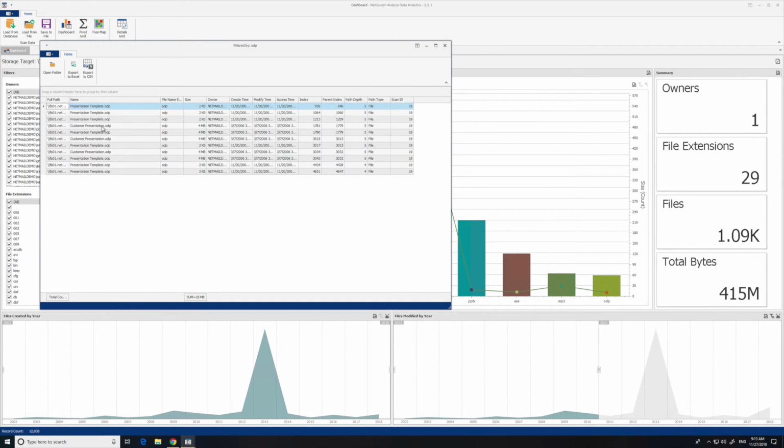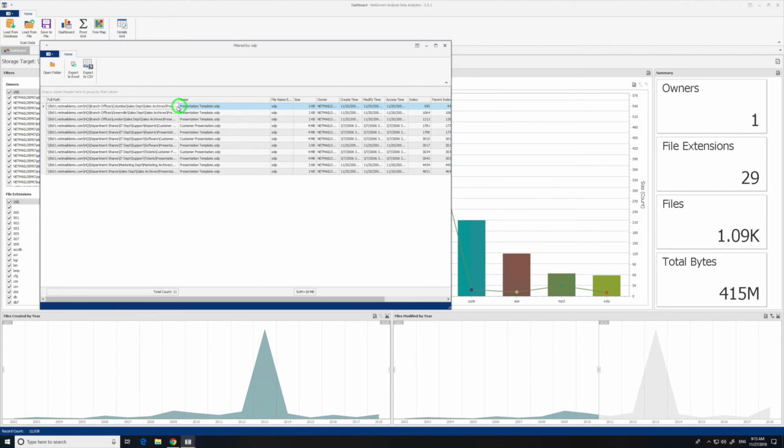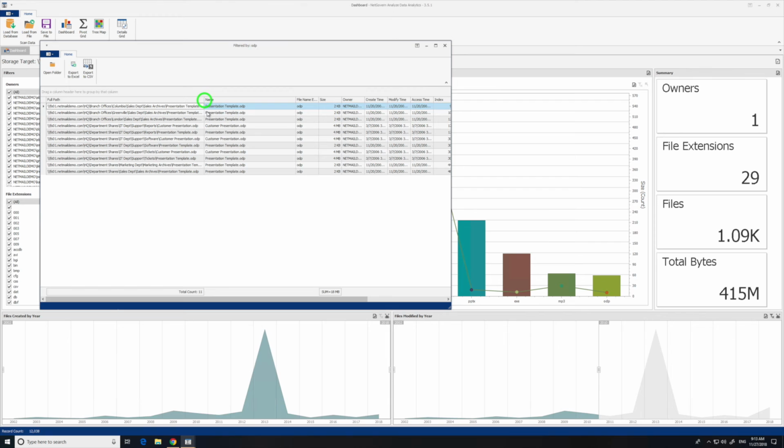Obviously there's a lot of repetition here, so if I expand my path, I'm not only looking now at obsolete data. I mean, what are the chances that these presentation templates and customer presentation templates are still valid, from 8 years ago? And not only that, but we're storing them in multiple locations. So again, all of this data can be exported to CSV, fed into Enforce later to clean up this obsolete